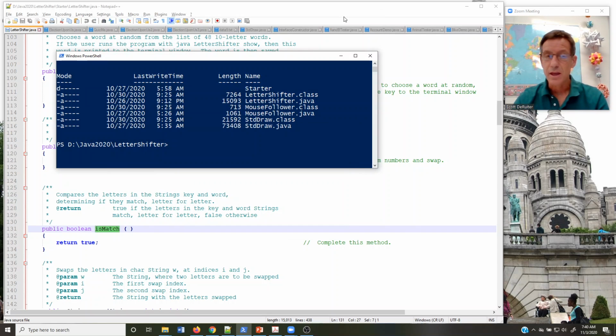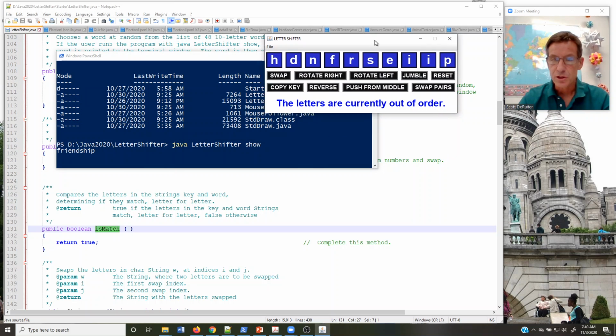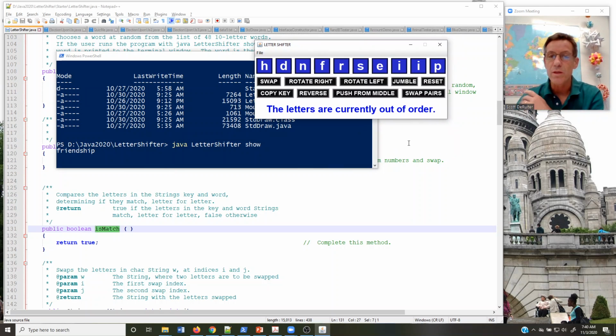So this is a short video about LetterShifter, and I'm going to first show the features that should be completed when you're done. So here is LetterShifter show, and you have a little GUI here, and one of the first things we can show is that if you write Java LetterShifter show in the terminal window, it'll actually show the word that is being pulled from the